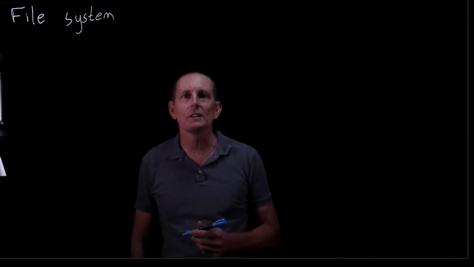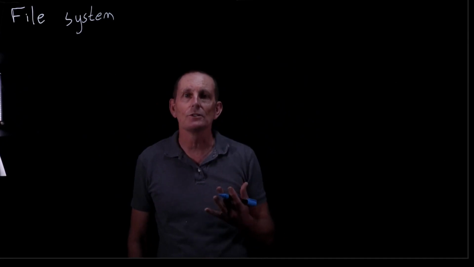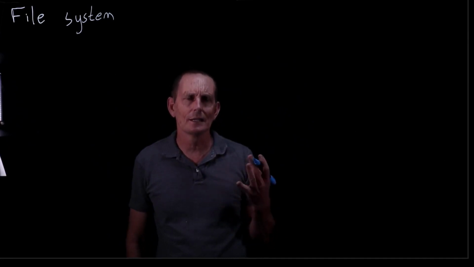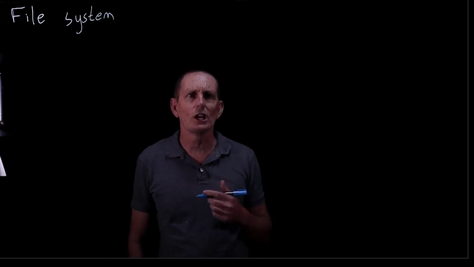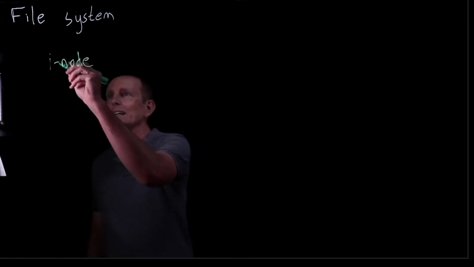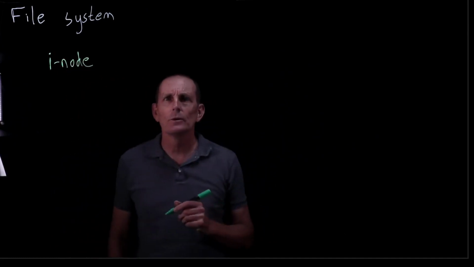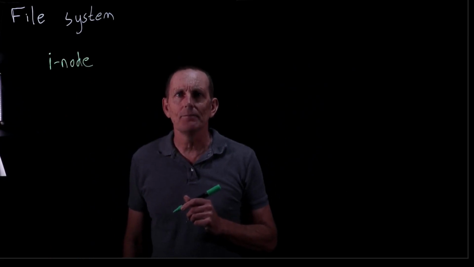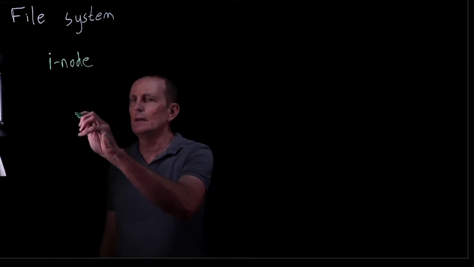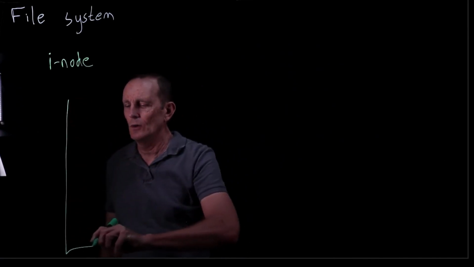Another approach that we can use for finding the blocks of the file was introduced by Unix. So this is what's used by x86 and was used for quite a while in Linux and so on, but that has changed over time somewhat. So we introduced the concept of an inode. So the idea is we are going to go ahead and allocate one block.